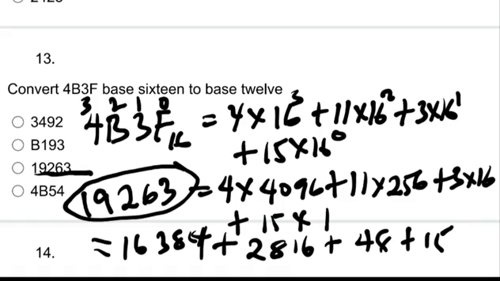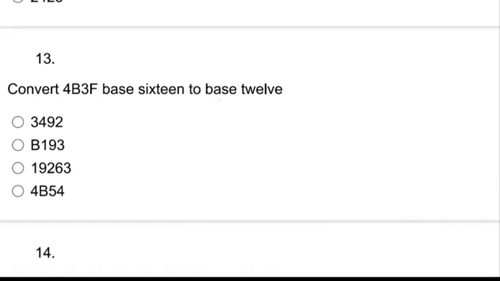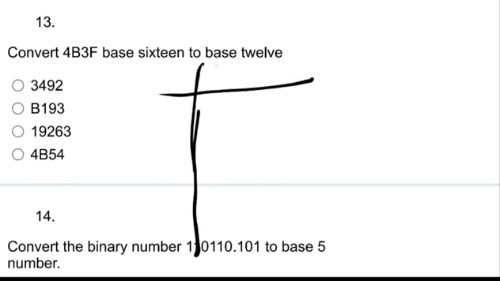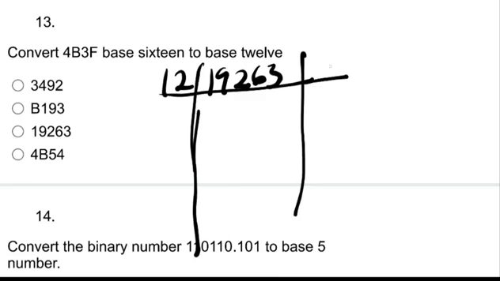So in this case, we are going to convert this one to base 12 now. So let me clean this board. In that case, I'm going to have this: 19,263. Since we are converting to base 12, we use 12 to divide it, and we have our remainder here. So let's have 19,000 divided by 12, and that gives us